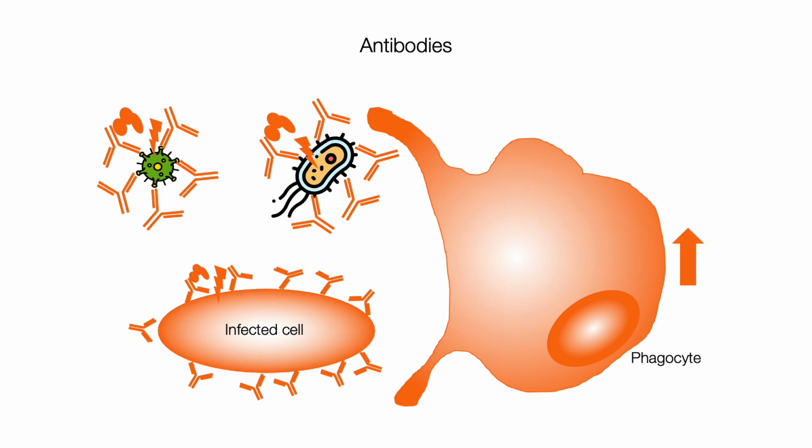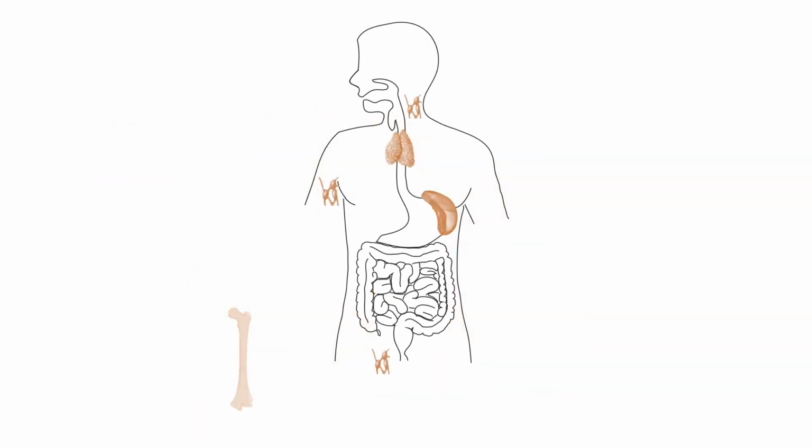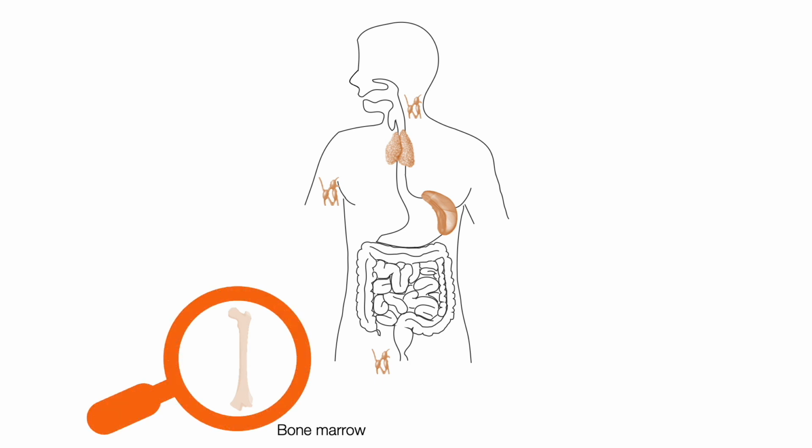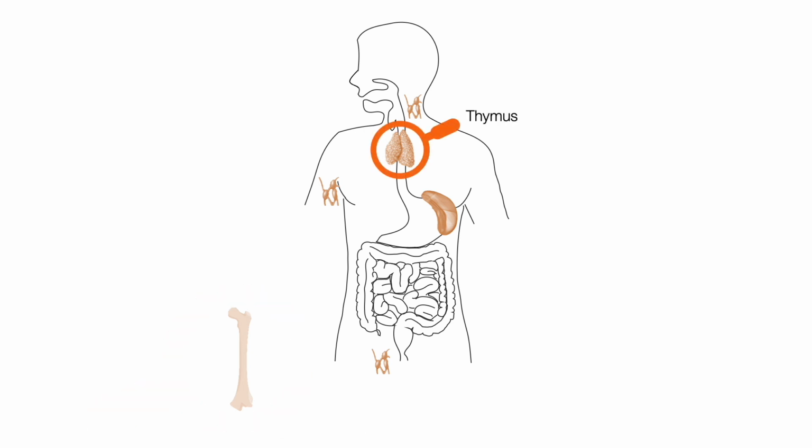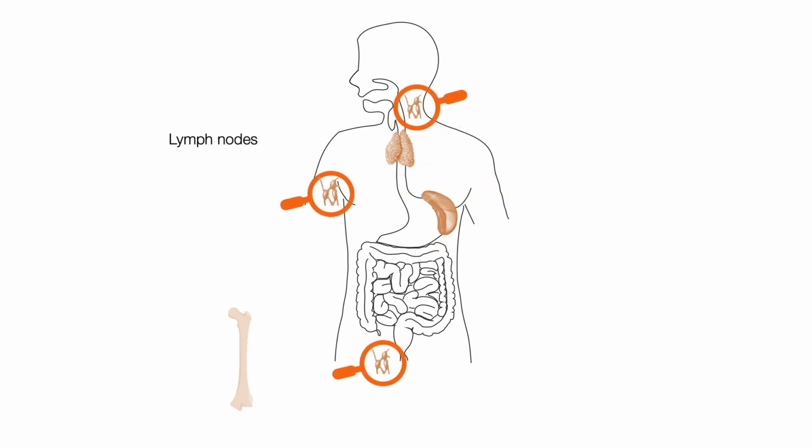by phagocytes. The organs that make up the immune system are not located at one specific site of our body, but are distributed in different areas. These are part of the immune system. The bone marrow, where most cells of the immune system originate, and where antibody-producing plasma cells reside. The thymus, where T cells mature. The spleen, where B cells mature, and the lymph nodes, where T and B cells are activated and begin their